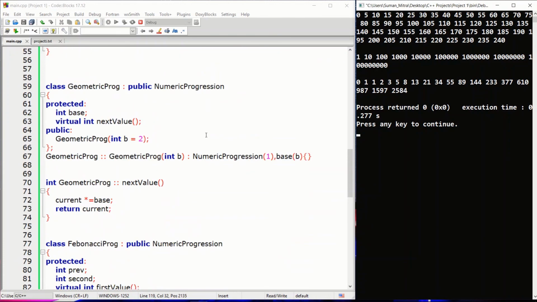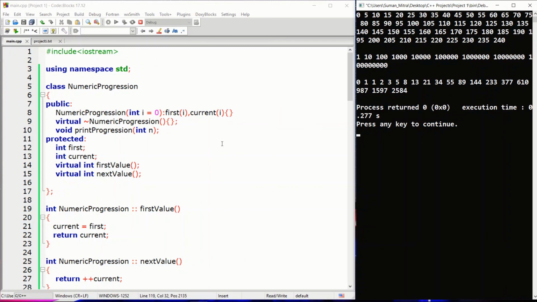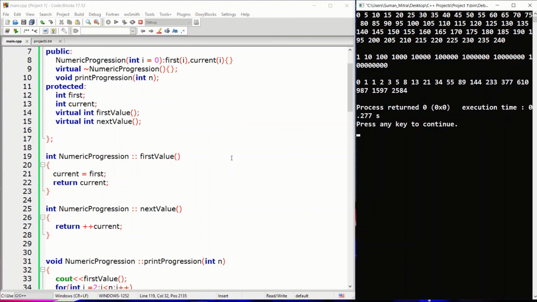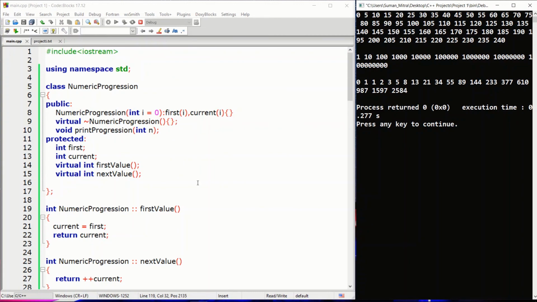So that's how we come to the end of the project. You can see there are many things that we created. I know I made some errors, but we debugged them. And if you want the source code, just go to the link and you'll get the source code on GitHub, and you can take it from there.